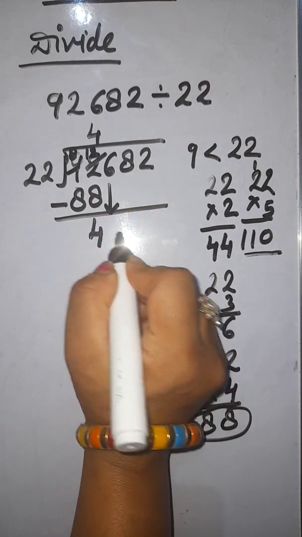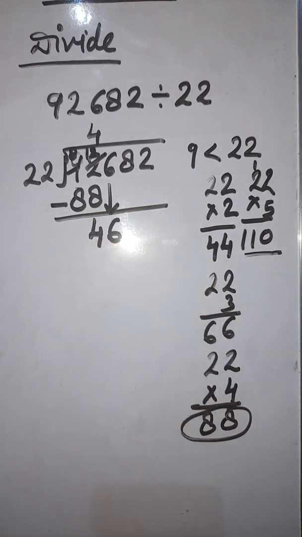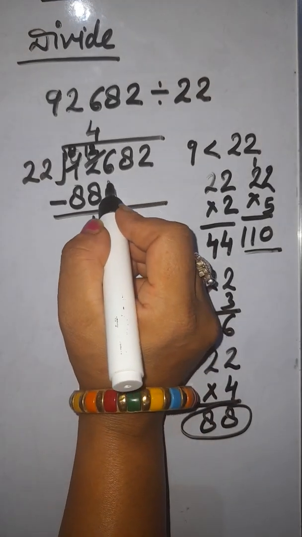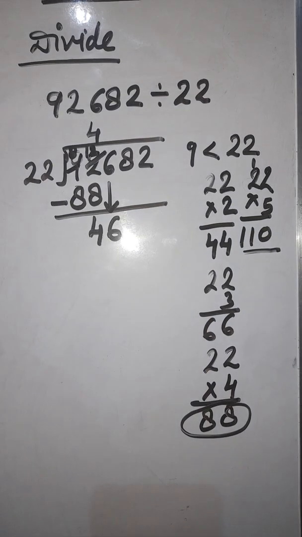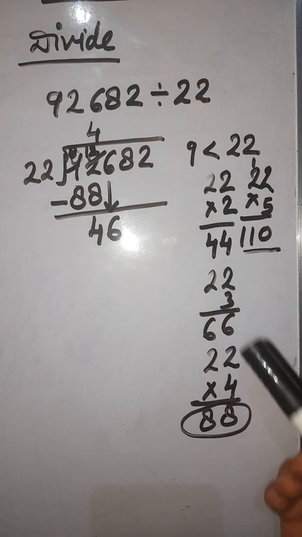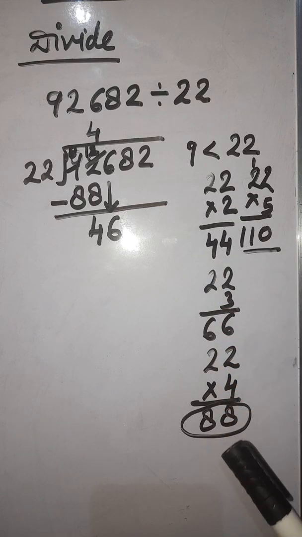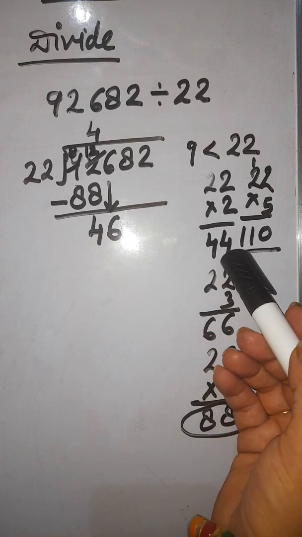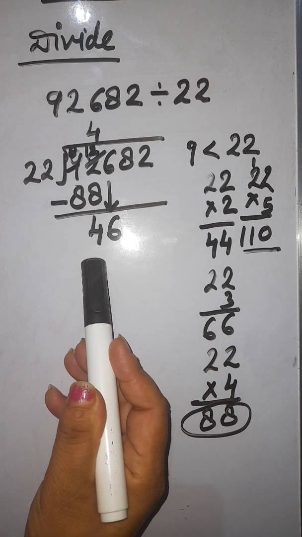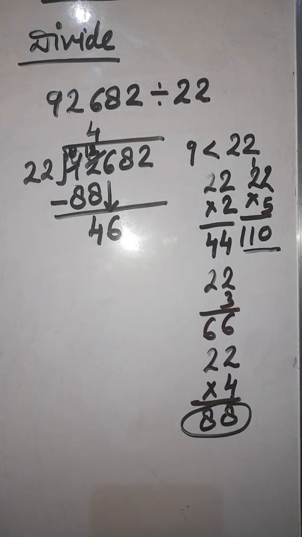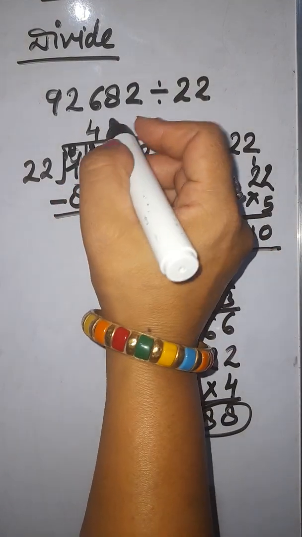This is 6. We took 6 down, it will become 46 now. Okay, so now read the table of 22. Just check it here. 44, 66 and 88. So we'll just write 44 because 44 is smaller than 46 and near to 46. So it is 2 times. 22 2s are